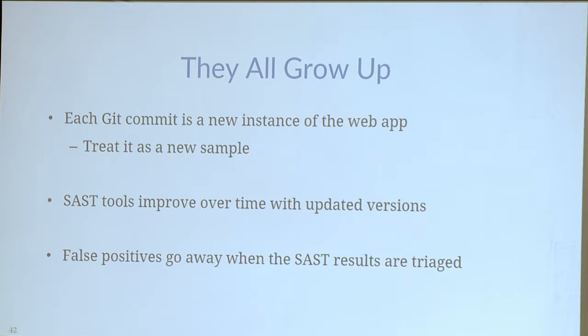Another thing is that the SAST tools themselves change. You may get a new version of a SAST tool, and hopefully it's going to be better than the last, right? They get updated as well. The big one here, where people get involved, is that the false positives will go away. This data that you saw, there was absolutely no triaging whatsoever. We didn't talk to developers. We didn't go through and say, yeah, these are all false positives. I'm sure there are. And there's probably false negatives too, which are harder to find. But maybe as the tool progresses, they will be found as well. So these are the three things that are always changing, so we treat it as a new web app every time, and we just keep collecting that accordingly.